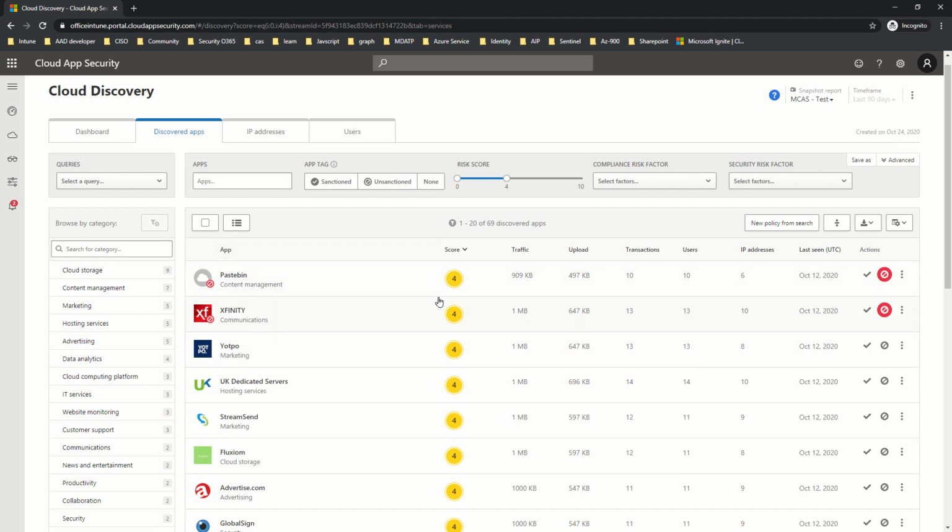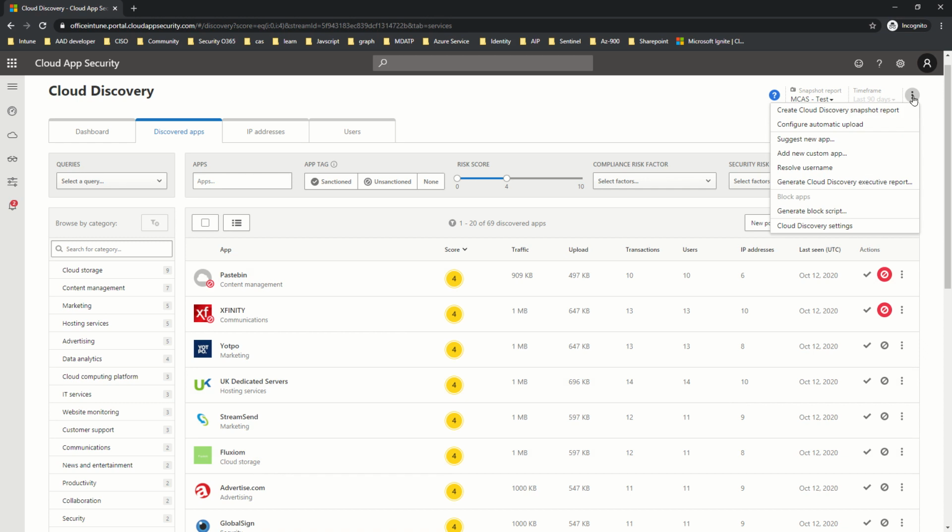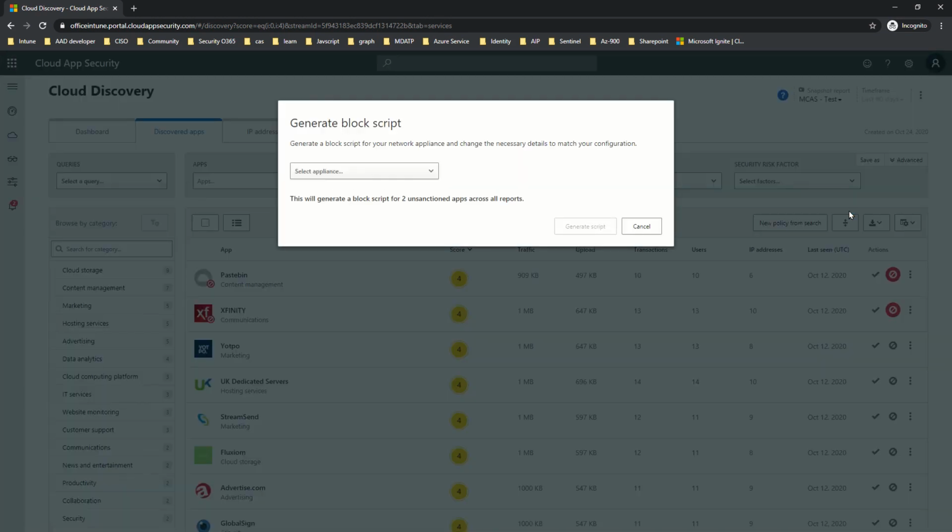Now, an MDATP license is required for endpoint integration, and once an application is unsanctioned from here, it will get blocked on the device itself because the console is directly communicating with MDATP. But when it comes to the network, to getting an application blocked for your entire enterprise, this console will give you the option to create block scripts. As you can see, I'm getting this option to generate a block script. The moment I click on this, depending upon the appliance that I'm using,